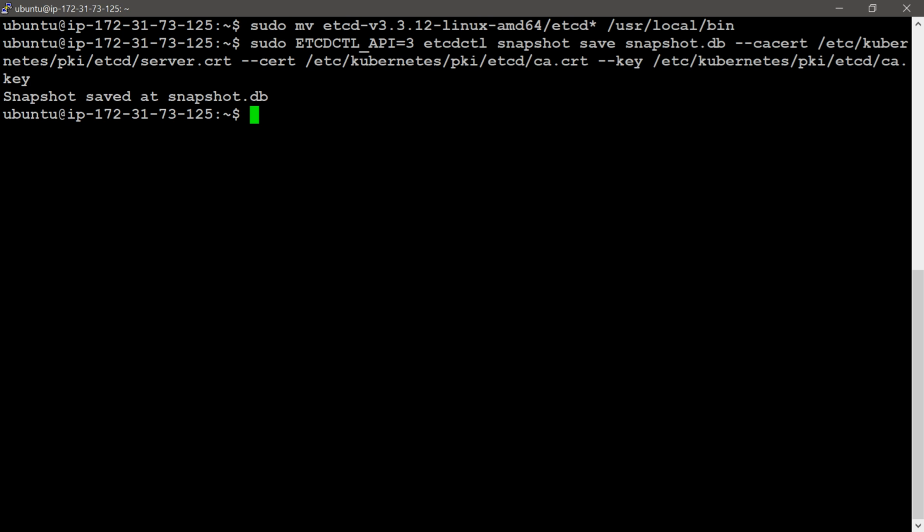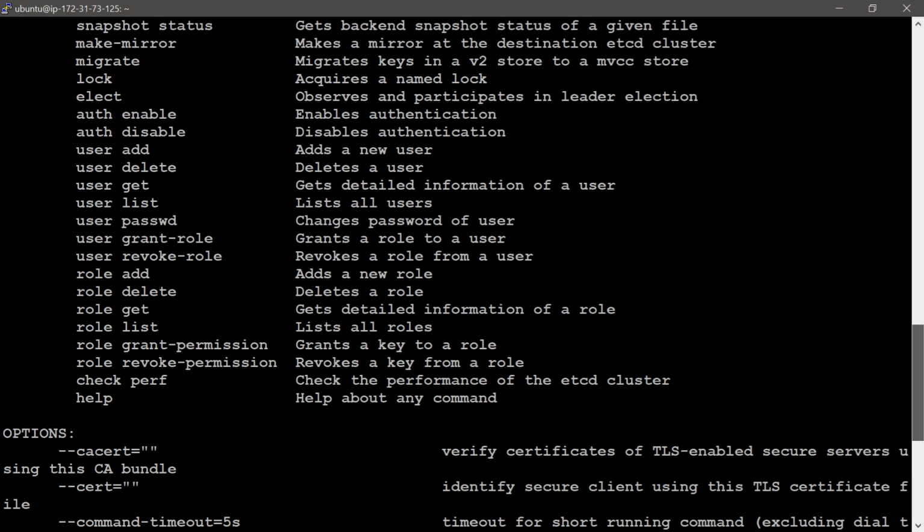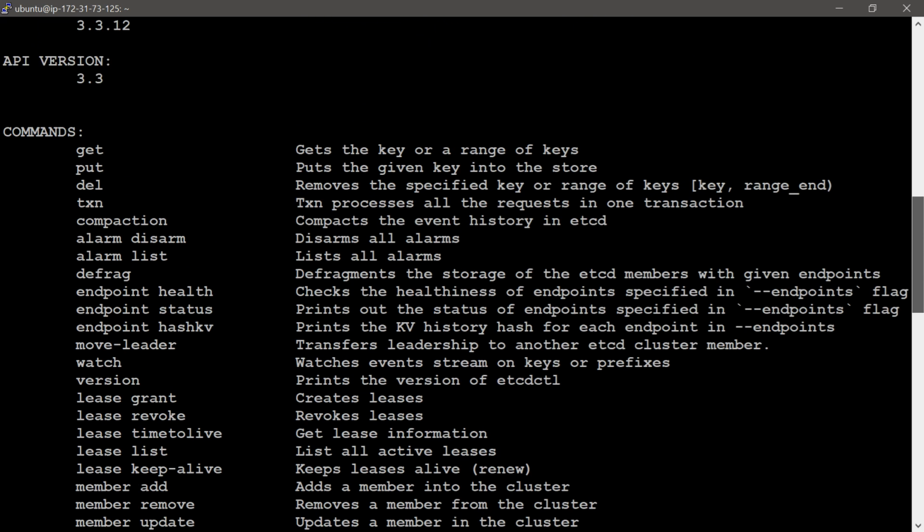If you want to view the help page for etcdctl, give the command ETCDCTL_API=3 etcdctl --help. This is the help page. Here you can observe the commands.